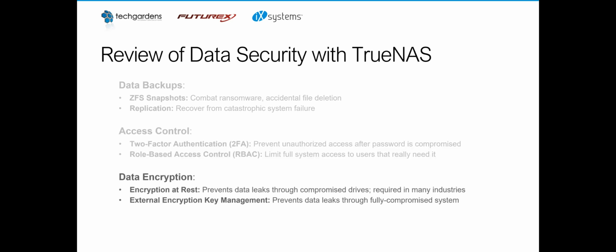And finally, we have data encryption. Data encryption at rest is supported through both hardware and software implementations, and it prevents data leaks through compromised drives and is required in many industries, of course. And we have external encryption key management, where we are preventing data leaks through a fully compromised system by taking all of those encryption keys and moving them off of the TrueNAS device and onto a more specialized device